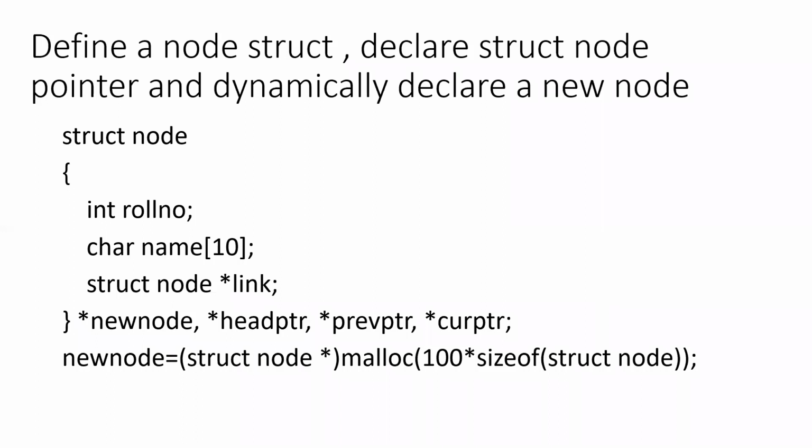So we will be typecasting what is returned by malloc into a struct node pointer. Got it? So you know, new node is a struct node pointer. Malloc will be returning a pointer. We are typecasting that into a struct node pointer. Got it? So this will be returning an address which is allocated in memory by the malloc function. And if it is successfully done, we studied yesterday, right?